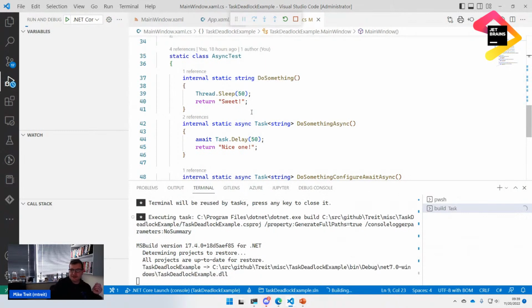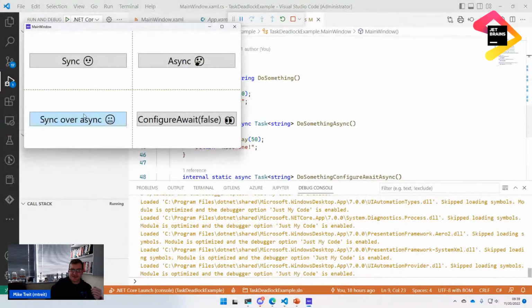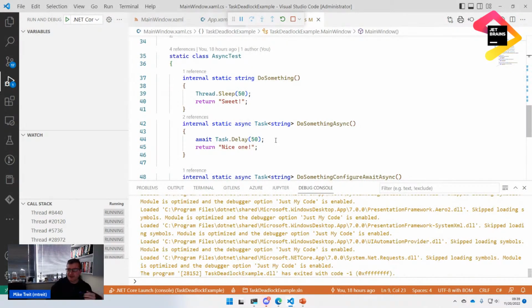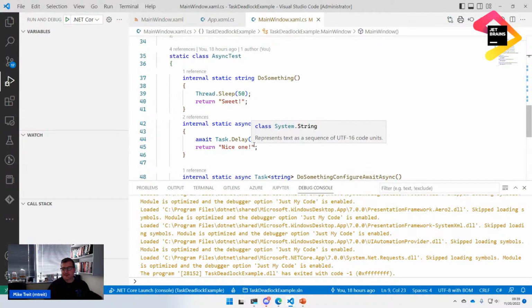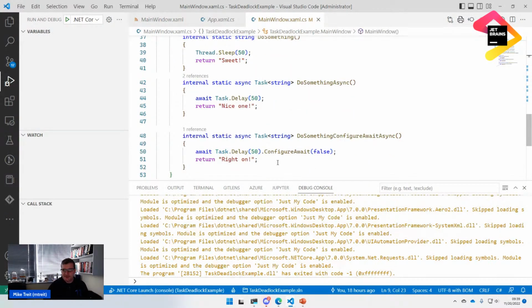and that's the reason why when we click that button, this one over here, it's dead. It's the kiss of death, and we've completely blocked our UI thread, and at that point we can do nothing except kill the program. There is a solution to this. If you're someone who's writing library code and somebody might consume your method and they might do the bad thing and call .result or .wait, there is a way that you can ensure that this deadlock problem doesn't happen,